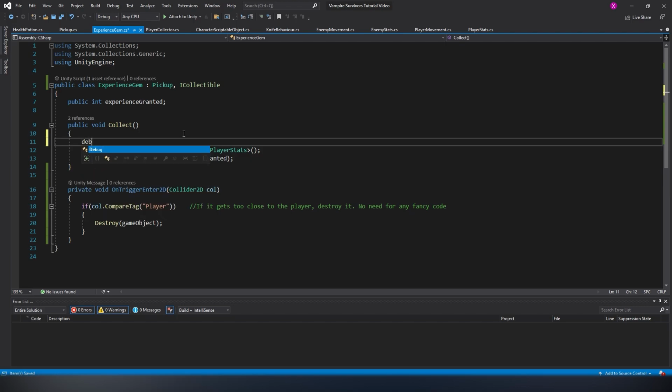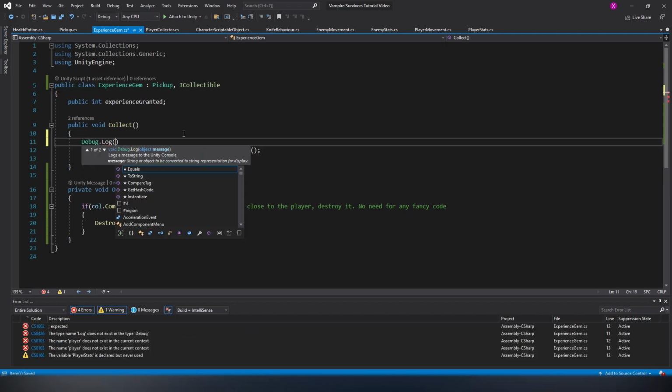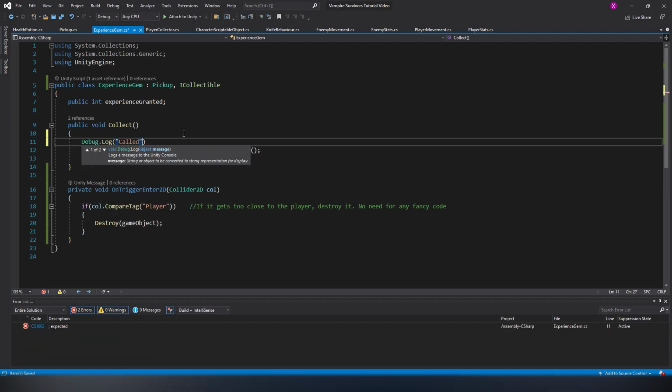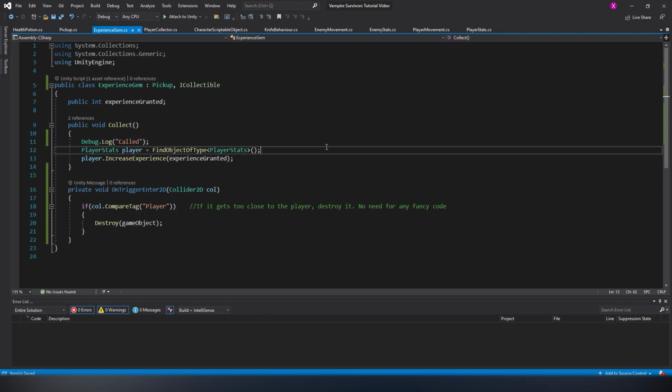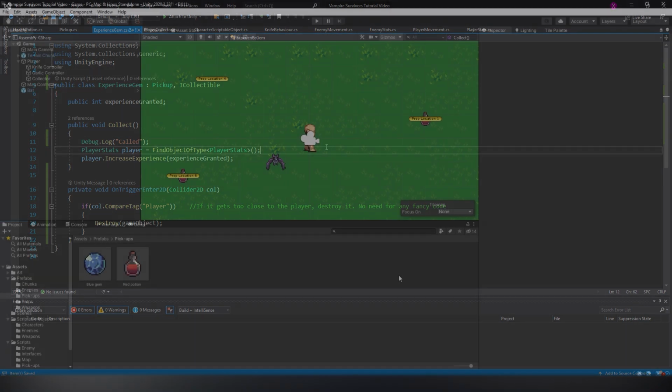Additionally, we can also include a debug.log statement to check if the collect function is being called before or after the animation. This way, we can make sure that the item is being collected and the animation is just a visual cue, meaning that the player has already collected the item from the range, and the item coming towards the player is just a cue to tell the player that the item has been collected. So it doesn't mean that the item will only be collected after the animation reaches the player.